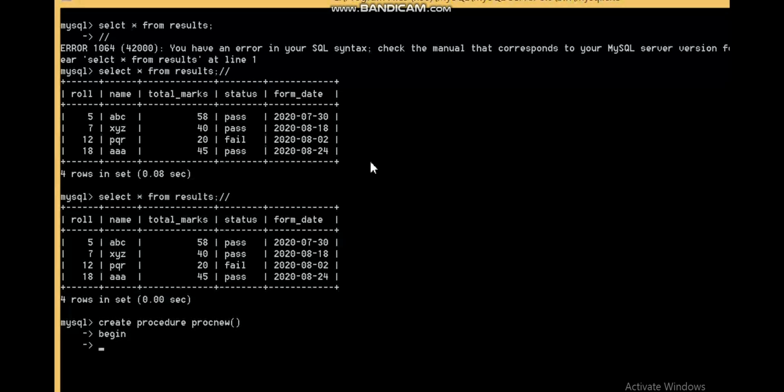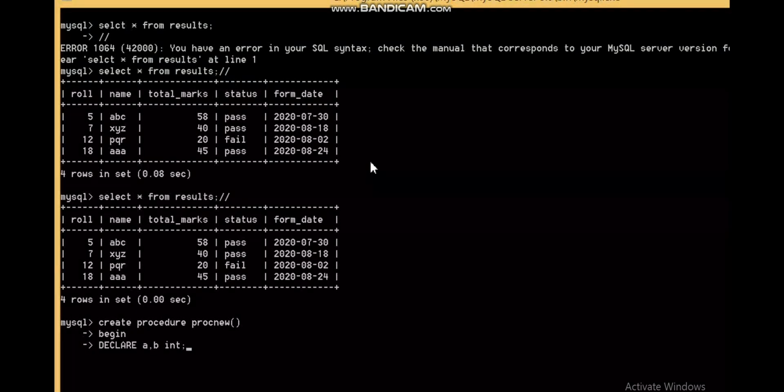Okay, so here I'm going to declare a couple of variables, maybe of integer type. Now, whenever we are going to fetch one row at a time from the collection of rows that we are going to put in the cursor,